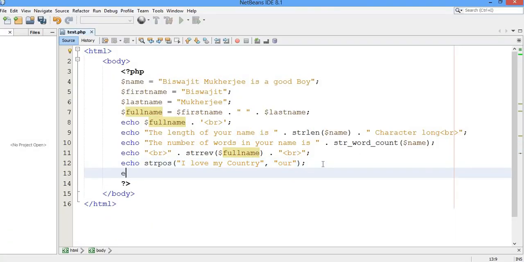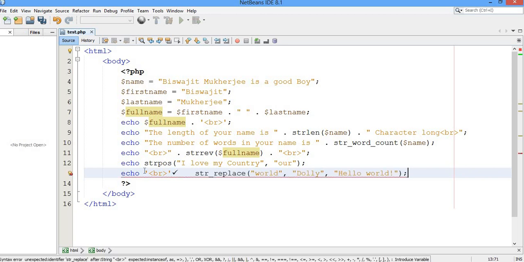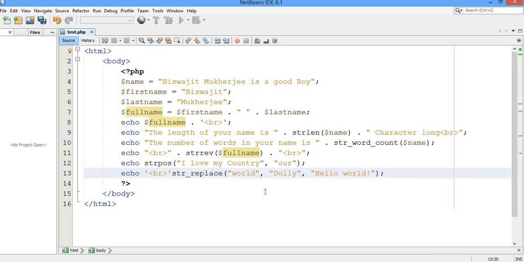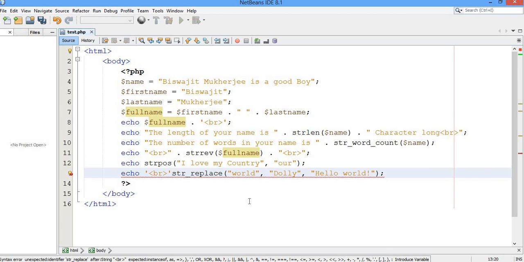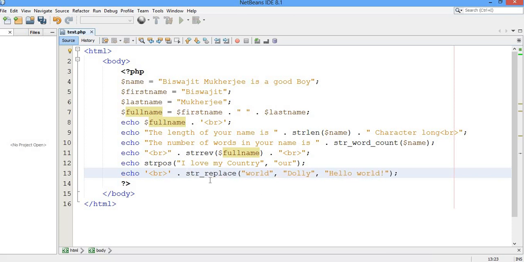First let me write echo. I'll just take a line first, and here I'm going to use the function. Now just see how to work with this function, string replace. Now just try to find out. This is the string, so I'll just change here. I will write here